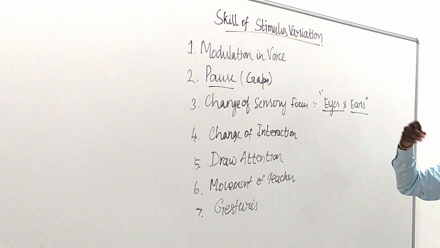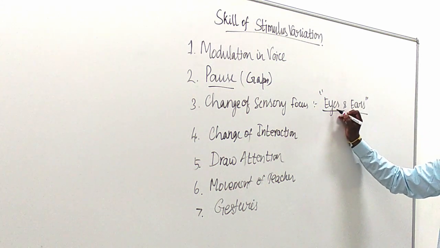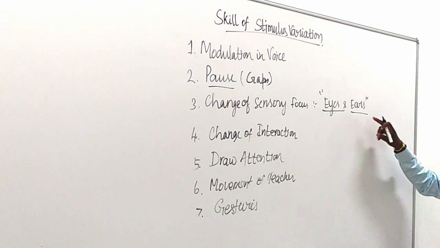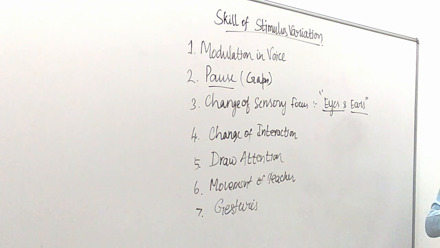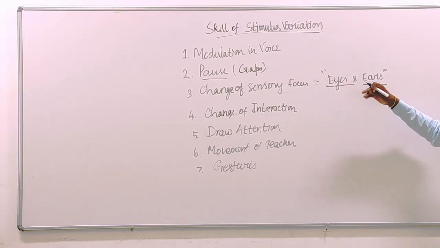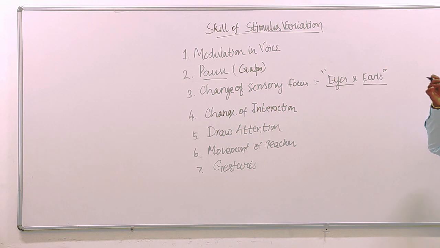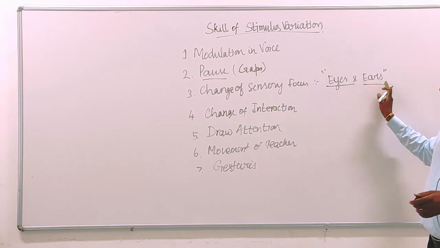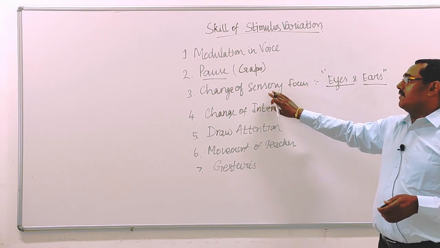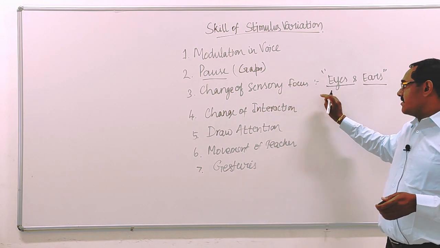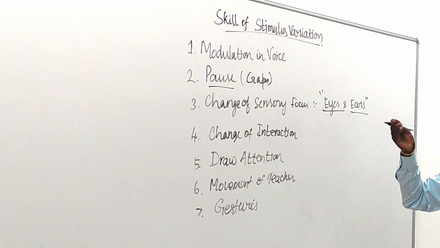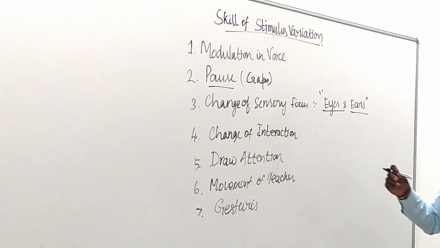If a teacher writes on the board, students use their eyes. If the teacher is communicating something, they use their ears. So occasionally we should tell something, and occasionally we have to come to the board and write something. Write and then tell, then come and write. If you do things by changing this, then students' sensory focus will change. Sometimes they will see, sometimes they will listen, and sometimes they will use both simultaneously. Therefore the boredom will be a little less in the class.